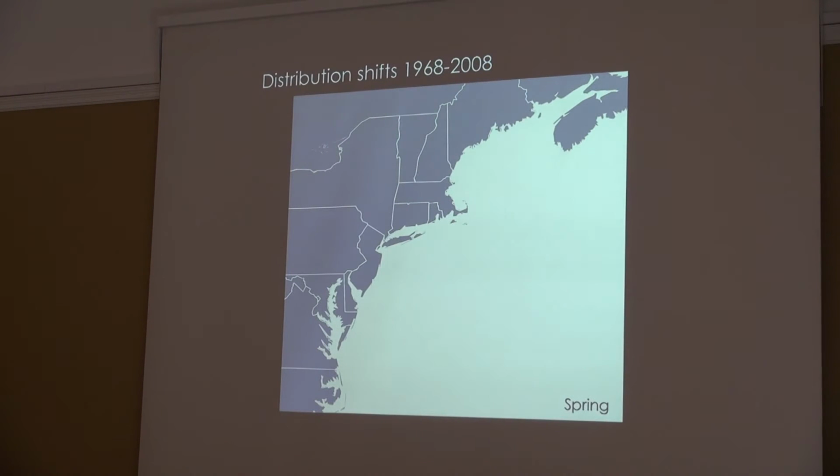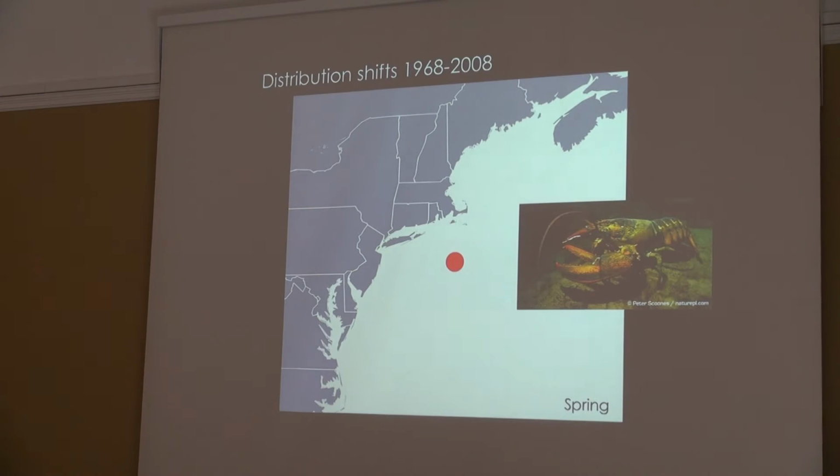And to summarize a lot of data analysis relatively succinctly, I'm going to show you an example just from the Northeast US. So Rutgers University is in New Jersey right down here, and then Maine is up here. This is actually where I grew up, and then Canada up here, just to give you some sense of where we're looking. And we can plot on this map the center of a species distribution. This is lobster in the late 1960s in this case. And then these surveys record how the center of that lobster distribution changed over the subsequent 50 years. And it moved northeast at about 70 kilometers per decade. Quite a rapid change, actually.